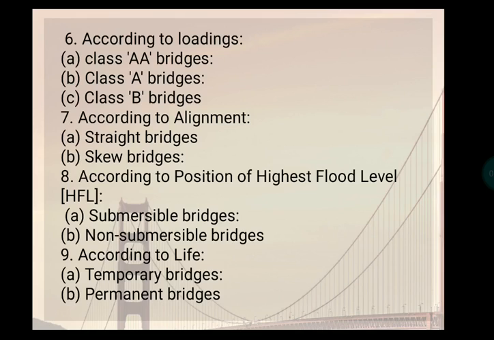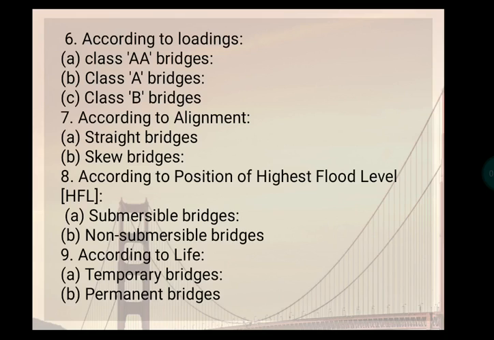Straight bridge, the bridge having the center line at right angles to the axis of the river is known as a straight or square bridge. Skew bridge, the bridge having their center line not at right angles to the axis of the river is known as a skew bridge. According to the position of high flood level, first is submersible bridge and second is non-submersible